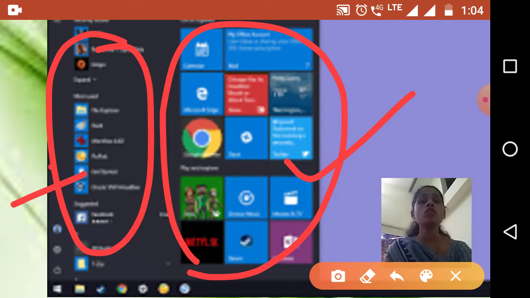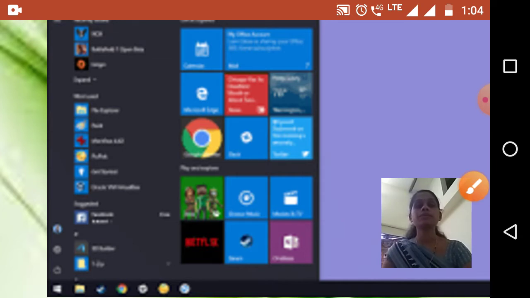And tiles, you know, the floor of our house has tiles. These are like square tiles. That's why these are known as tiles, and these are small in size, that's why these are the apps. You have to see the difference like this only. Then you will remember which is the tile. Tile means it is square shaped, bigger in size than an app. App means it is small in size.